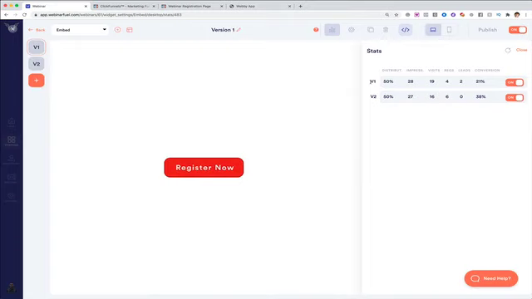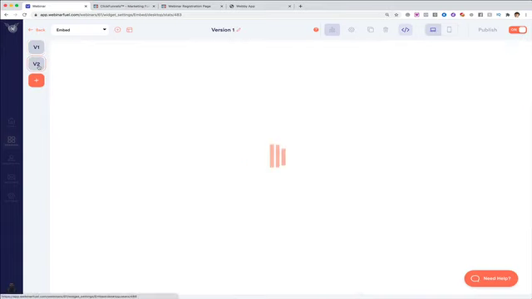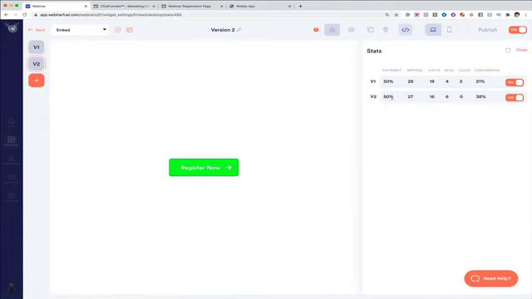So check this out. Version 1 has had 28 impressions, 19 unique people visit, 4 people have registered, and it's converted at 21%. But version 2, you'll notice right here, has had 16 visits and 6 registrations and 38%. That would mean that this particular button right here is generating more registrations for the webinar than this button. So what would I do if that was the case? I can just turn off